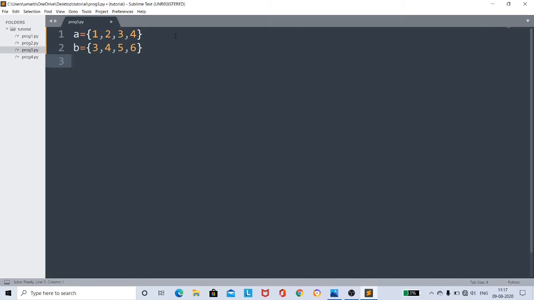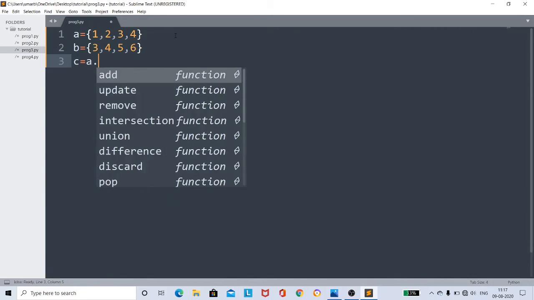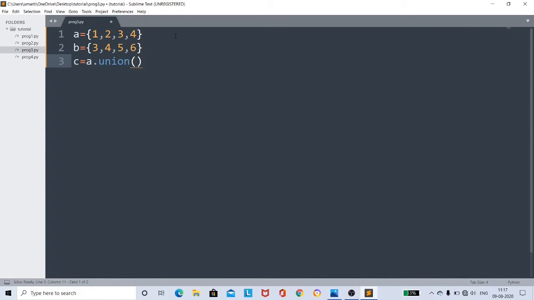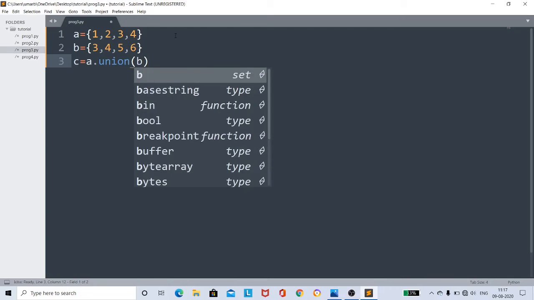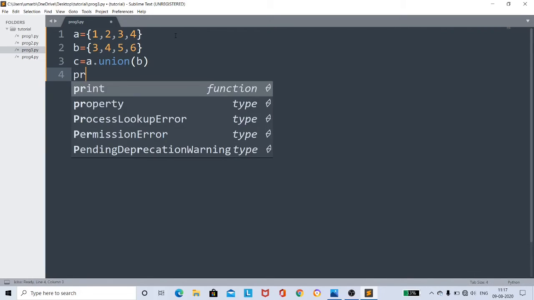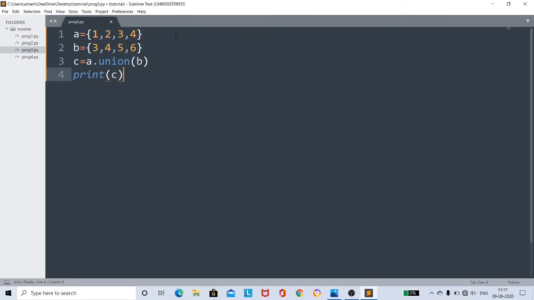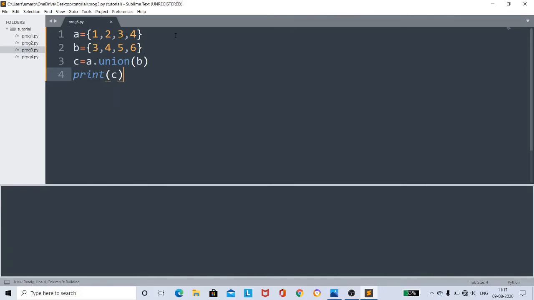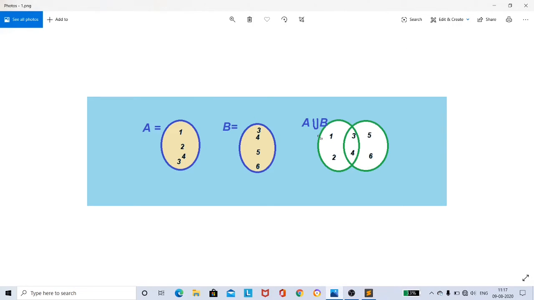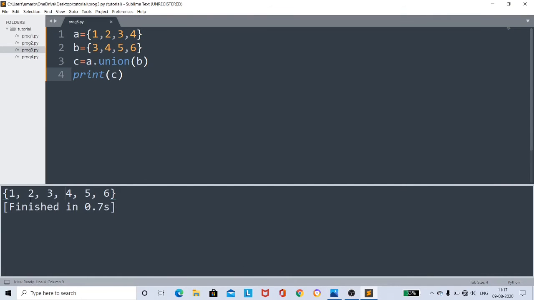Set C equals A dot union B. Now if I print the set C, the result, I'm going to run this. See, 1, 2, 3, 4, 5, 6 are printed. This is the resultant set. This is the union method.